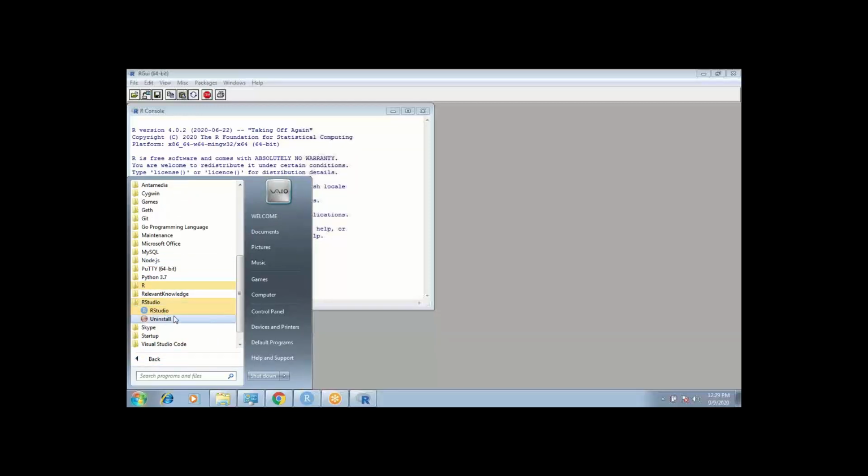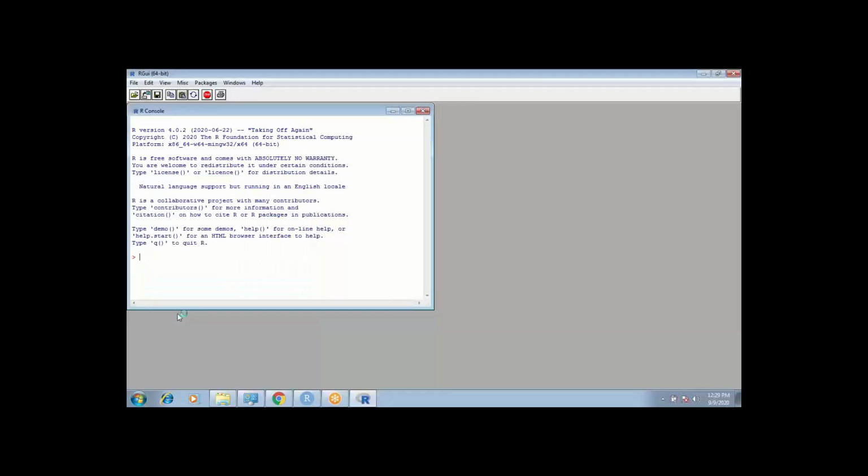And which version? This is RStudio. Open RStudio from here. Yes, our RStudio icon is highlighting.